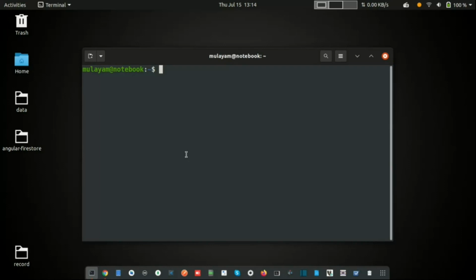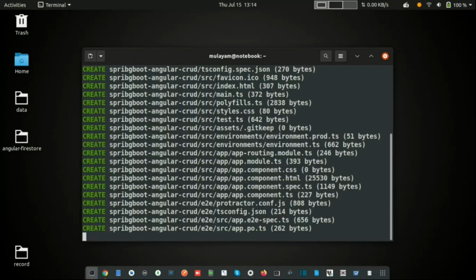Okay, so let's create one Angular project. ng new Spring Boot Angular CRUD. It is asking whether we would like to use routing. Yes. CSS? Yes.